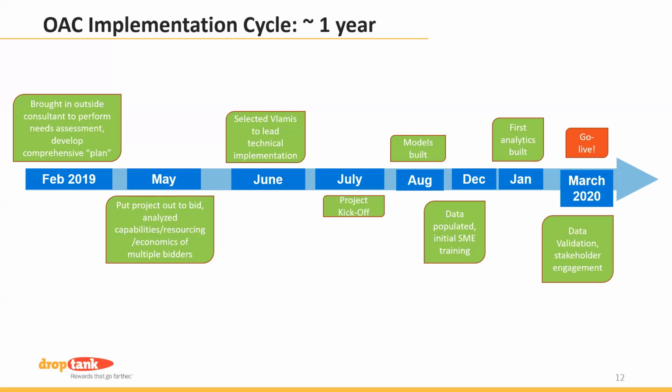Vlamis helped. One of their top project managers, Kathy Penley, was appointed our project manager, who did an awesome job, and Kathy and I worked together to the point where we got to the end of February, early March, where we went live. So 12 months from assessment to production, day one, was our implementation cycle. There was a lot of planning, a lot of adjustment, a lot of changes on the fly, but it doesn't happen overnight either.